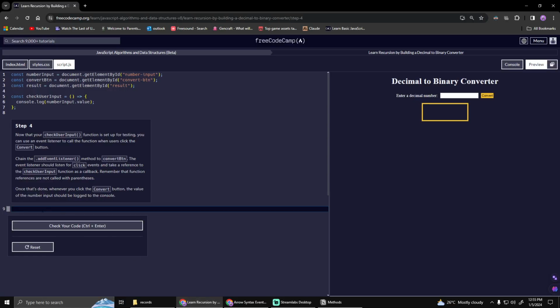It says here to change the add event listener method to convert button. The event listener should listen for click events and take a reference to the check user input function as a callback. Remember that function references are not called with parentheses. Okay,